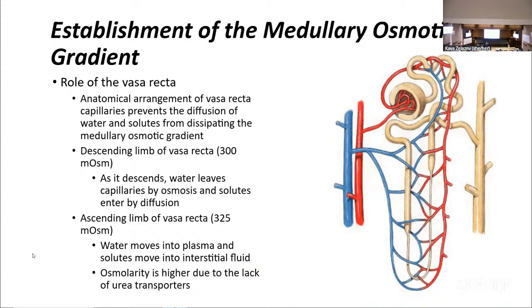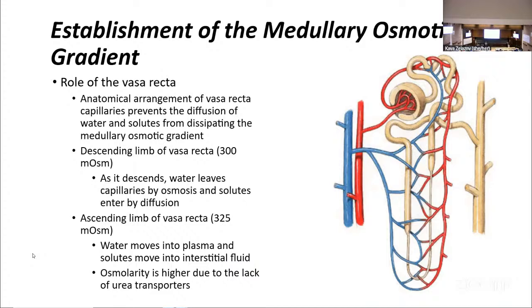So we could essentially wash away that gradient if we just left it as is. Now the vasorecta, these capillaries that are passing right next to the loop of Henle and diving through it just like the loop of Henle is, helps so that we don't